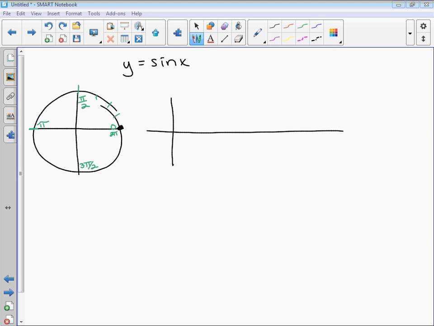Absolutely graph every single point that we have on the unit circle, that will give you a much better shape. I will just show you what the shape is. The ones that I absolutely want you to graph are 0, pi over 2, pi, 3 pi over 2, 2 pi. So on my graph over here,